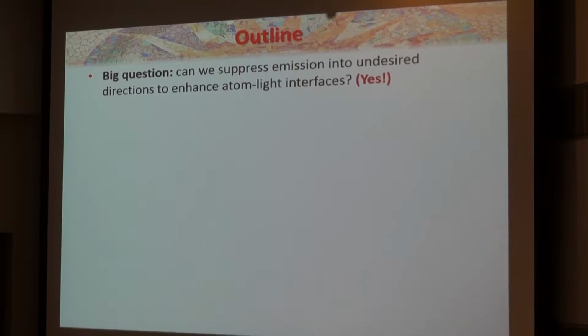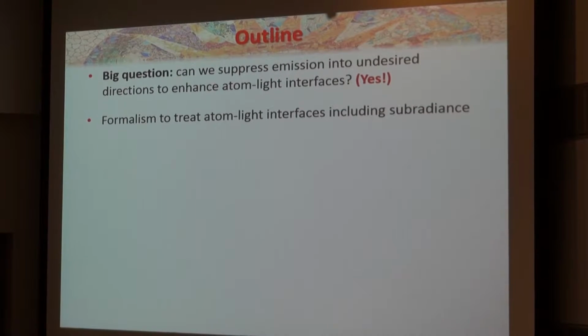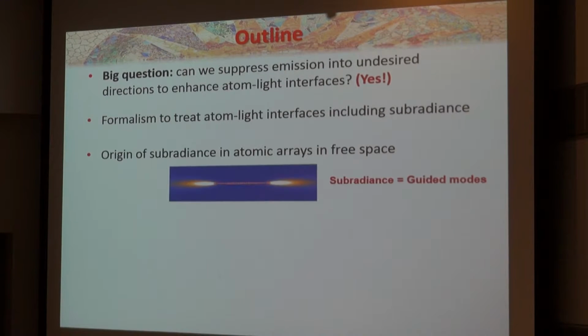To try and convince you of that, there are basically 3 steps. The first thing we need to do is come up with some kind of formalism for atom-light interactions which honestly accounts for this wave emission, which honestly accounts for subradiance. Because the typical model you write down for atom-light interactions, let's say in an atomic ensemble, already assumes you have an independent bath built in. And if you have that built in as your initial assumption, of course you're going to get the normal optical depth limit out at the end. So I'll introduce that formalism.